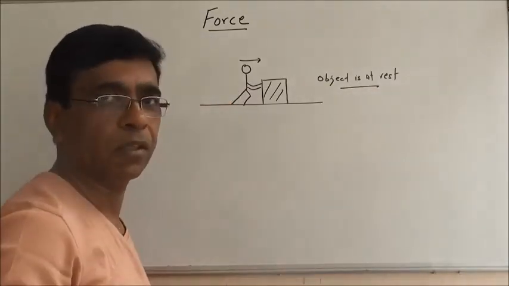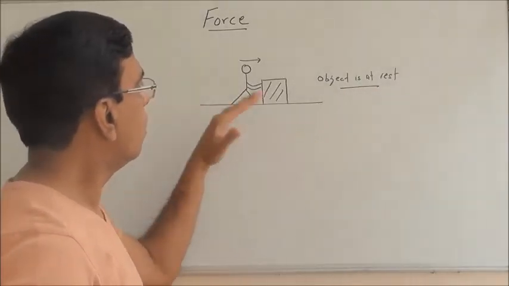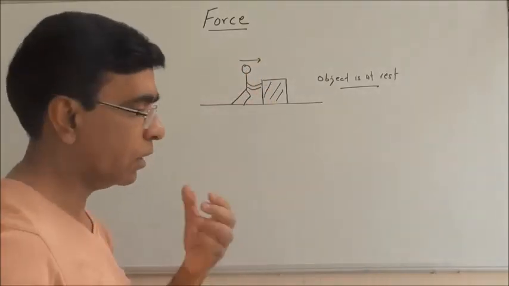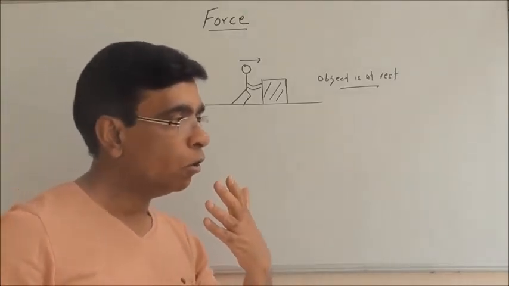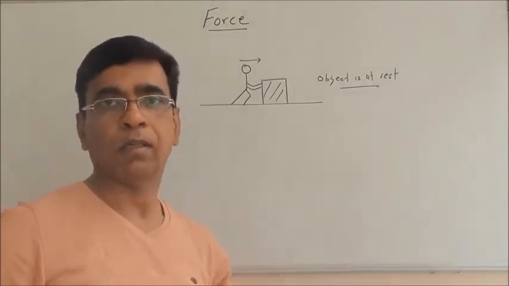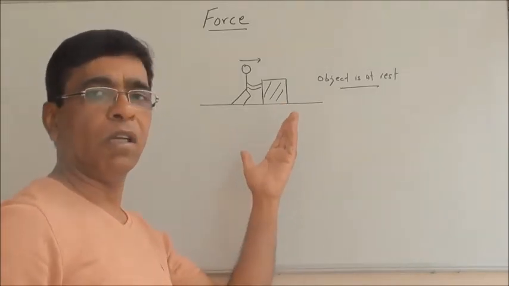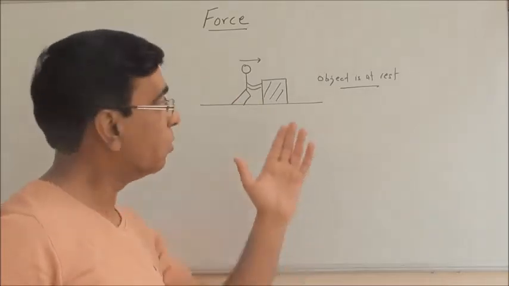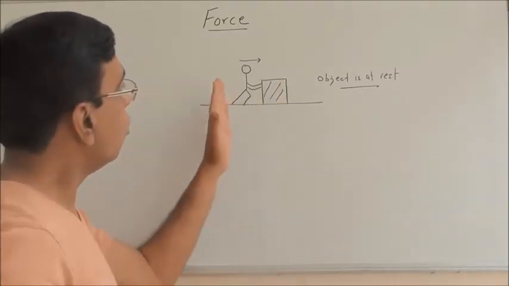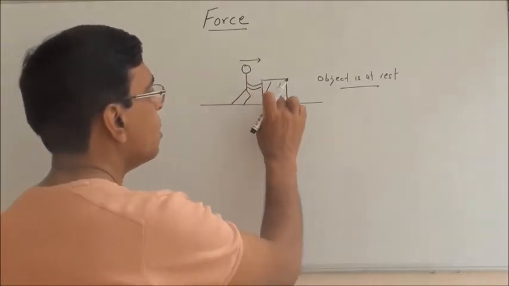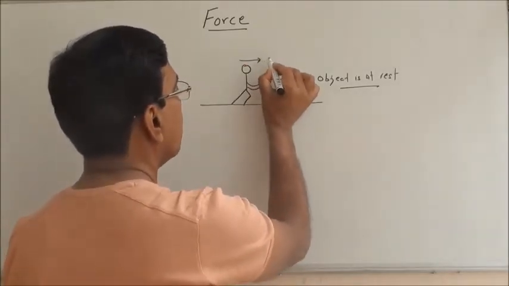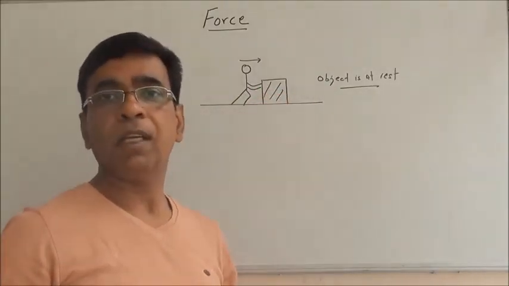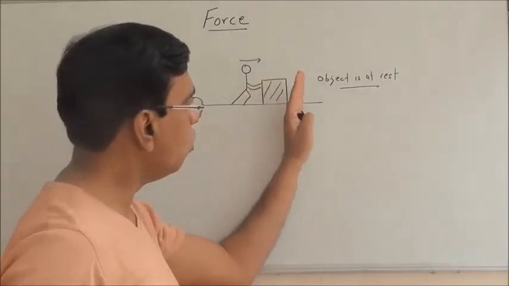The object is at rest. A person is trying to push a very heavy object. Suppose we are trying to push a car or a truck, but that truck or car doesn't move when we are applying force onto it because it is very heavy, right? Now we are applying a force onto it, so on this object there is a push in this direction. Whenever there is a force, there should be an acceleration. But if it is not moving forward,